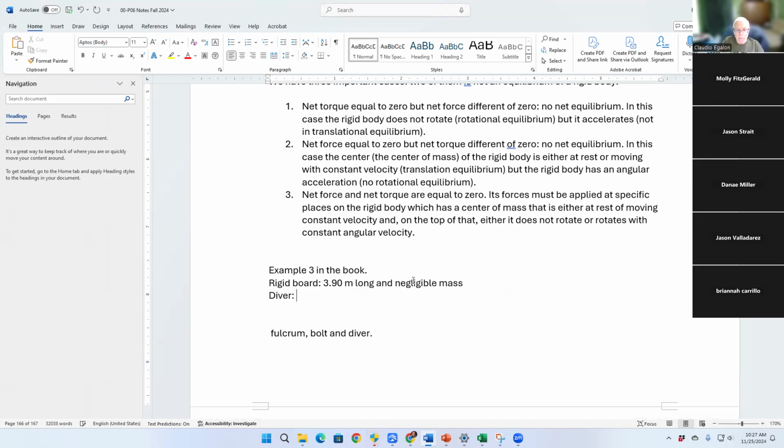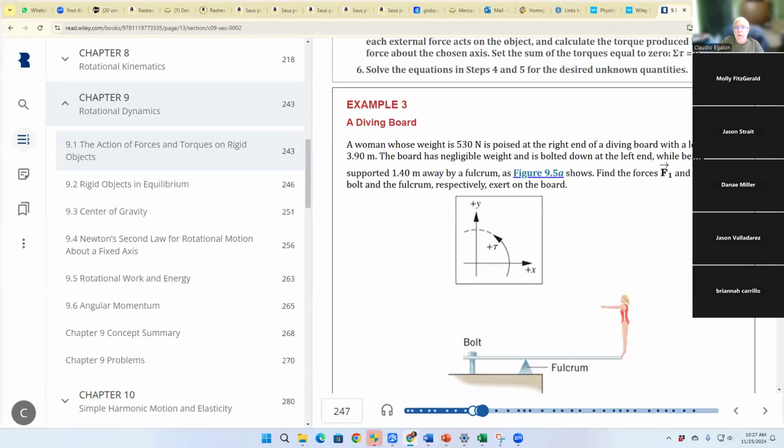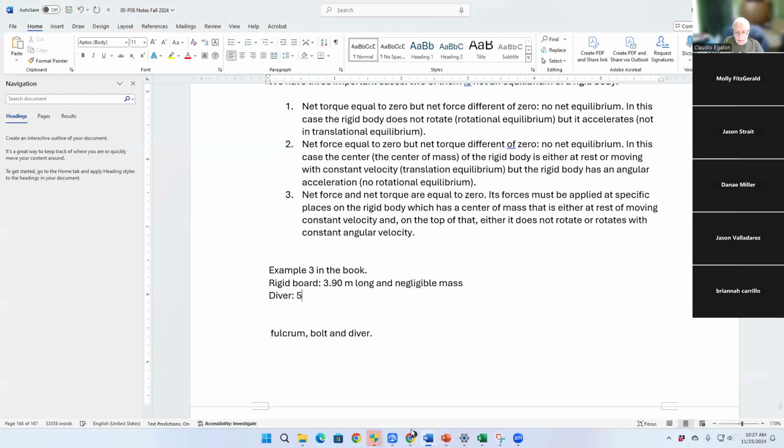Diver has a weight, 530 newtons, around 53 kilograms. On the extreme right of the board, bolt on the extreme left of the board, fulcrum